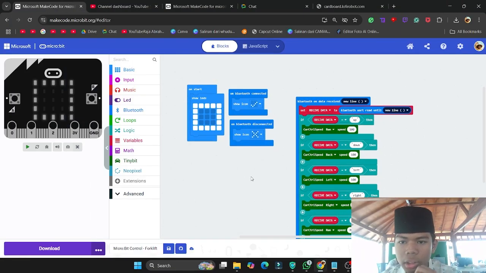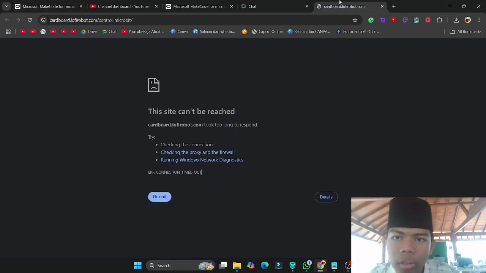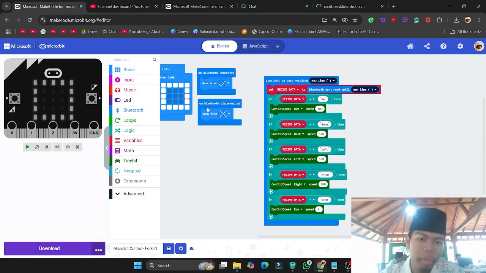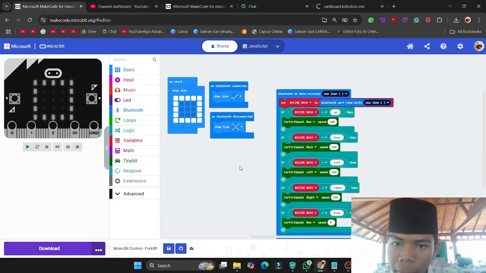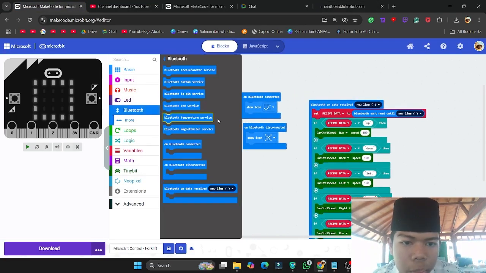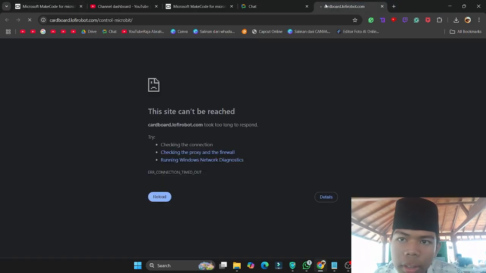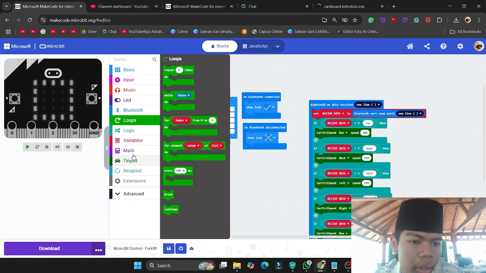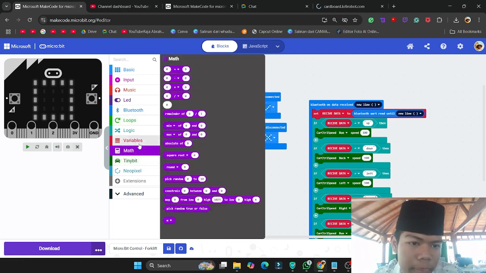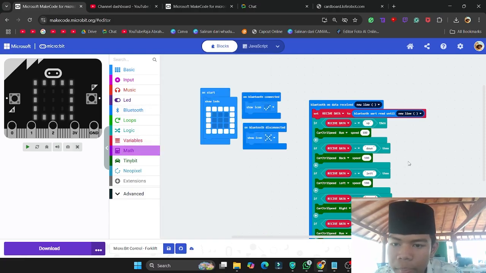But my tutorial for microbit, my code for the Bluetooth add-on here. There's some other stuff on the add-on. You can test it out if you want. There's transfer loops and stuff, and you're gonna see some. You can add math to it. You can add some variables or more variables.